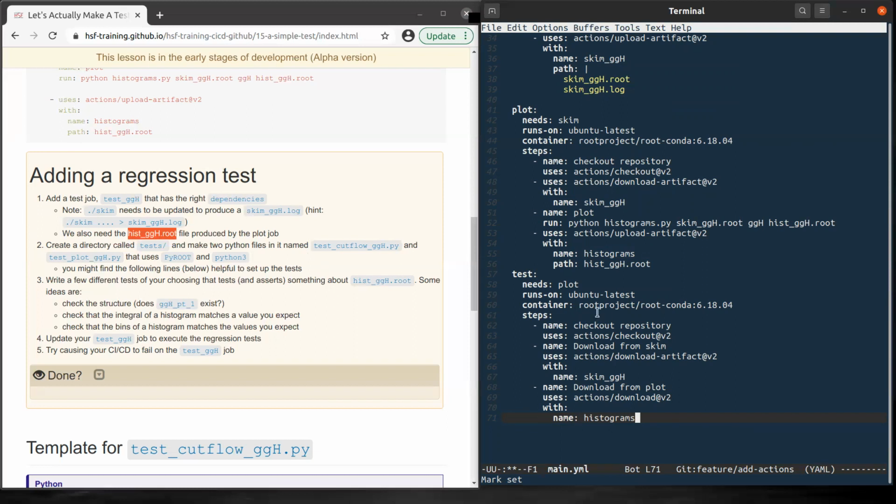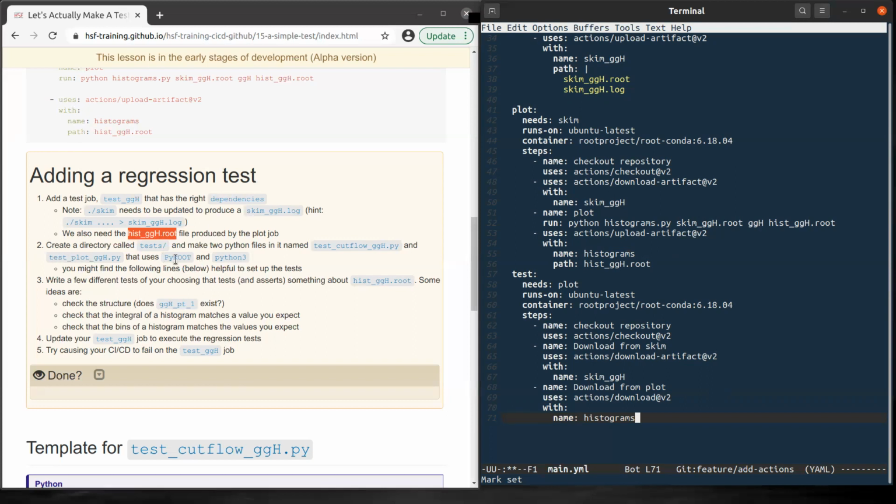So we have the new test, which runs after plot, and then we also need the artifact from the log file, and then also we need histograms.